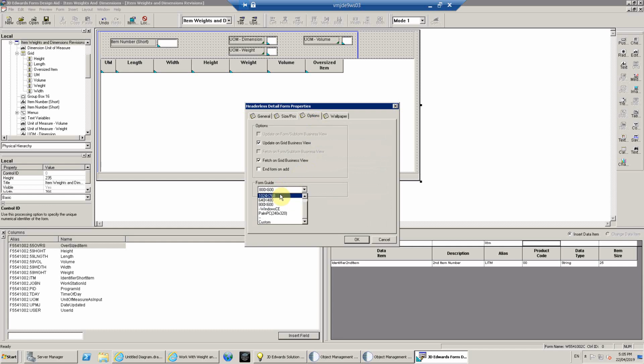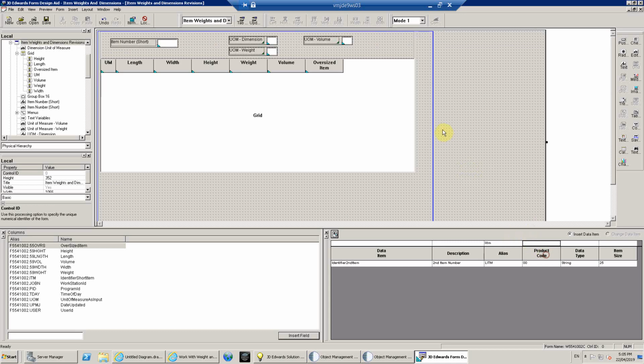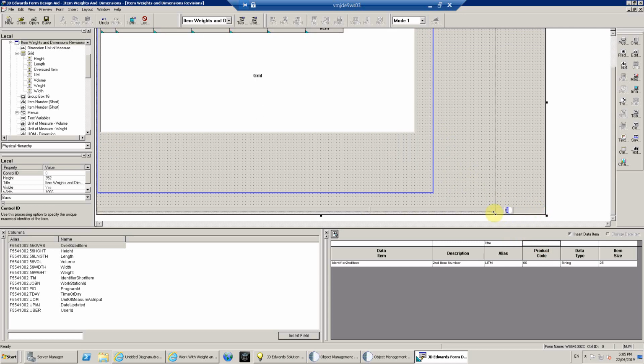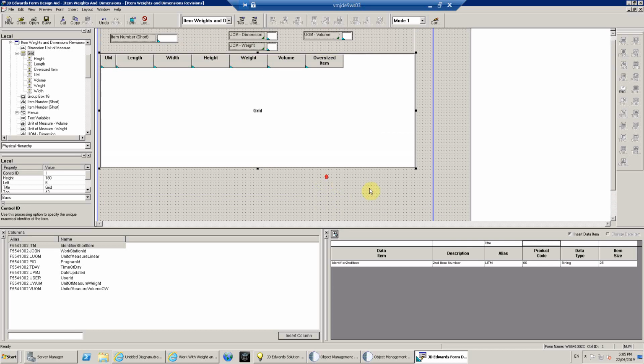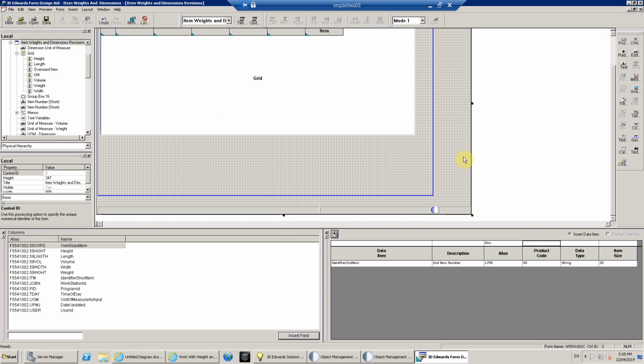So normally I always set my grid, my form guide, to 1024 by 768, and I make this a lot bigger. I don't need that much, so I can get away with this because this is 1024 by 768, but most of our screens in the building are a lot bigger than that. So I know I can get away with a lot more than this. It'll adjust, but